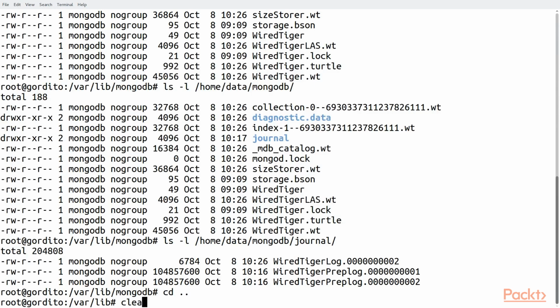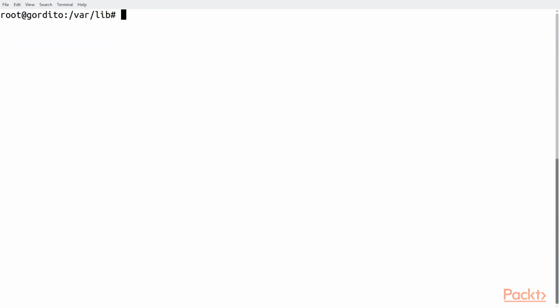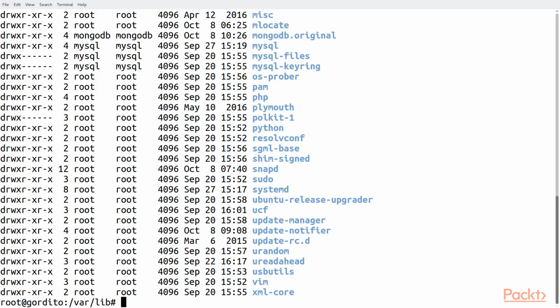So what I want to do now is, for proof of concept, I'm going to rename the MongoDB repository, or the directory where the old database files were being kept, into something else. So I'm going to do that by moving it. And now I can see that my MongoDB files have all been moved into a place called mongodb.original,